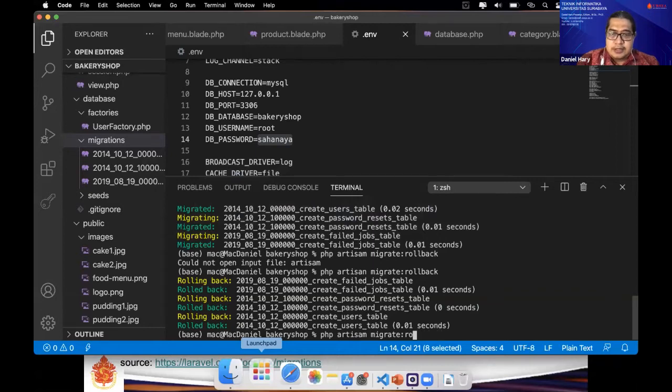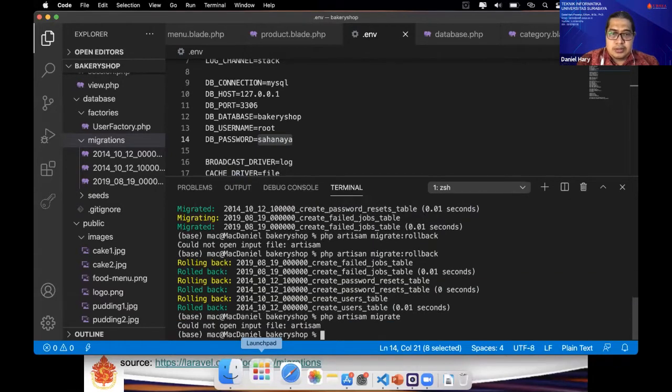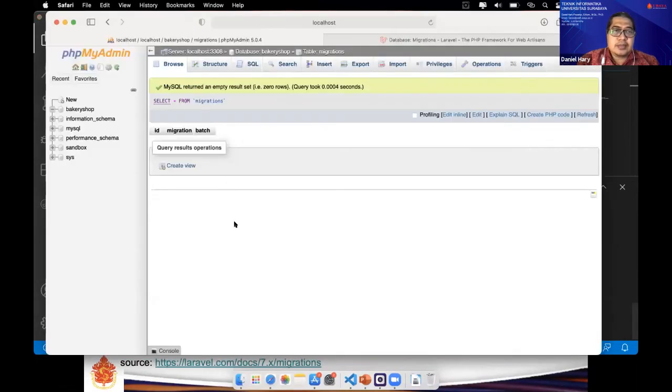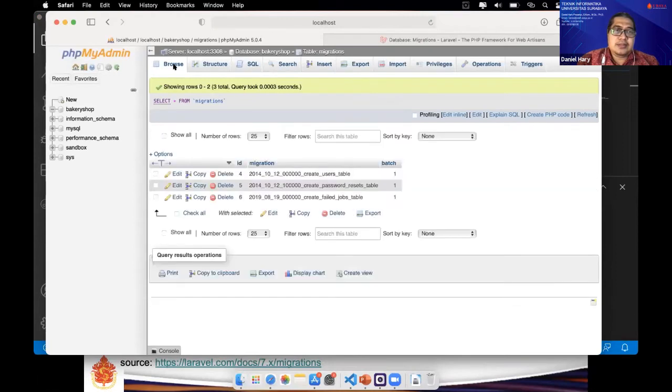I will show you what it is. The log of migration past. What we already run is the migration of create users table batch 1, create password reset table batch 1 also, create failed jobs table batch 1 also.